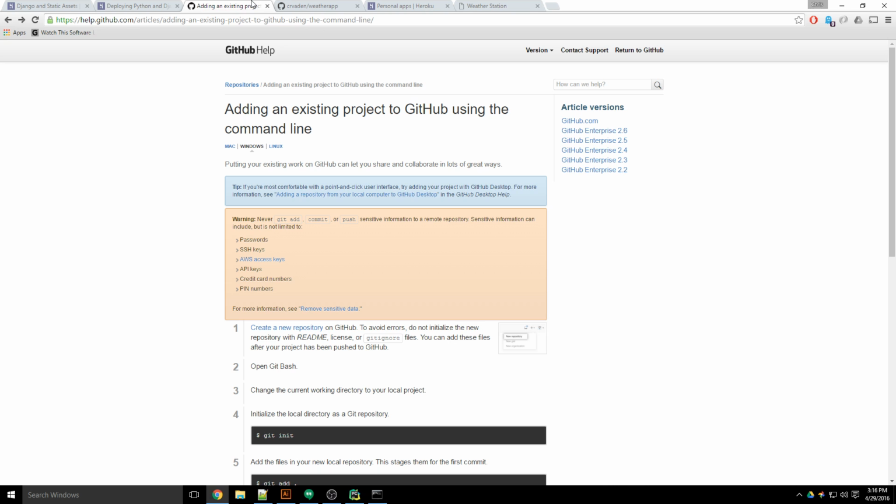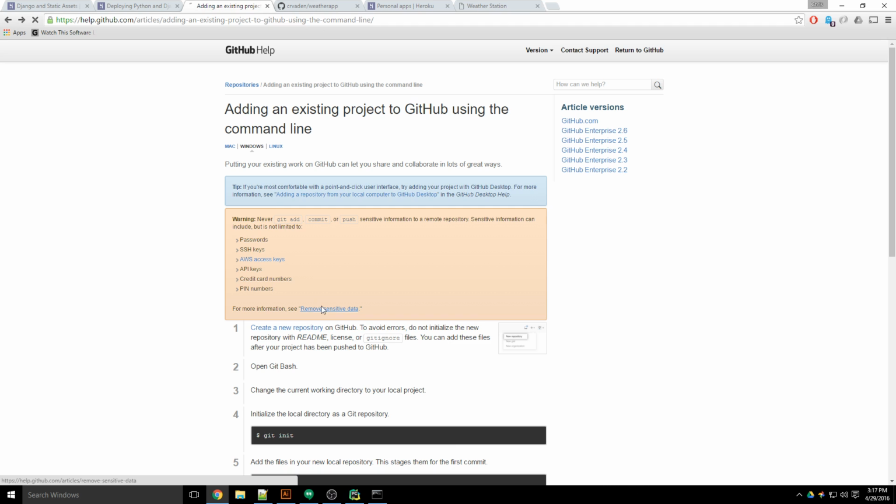So when we follow these instructions to get our existing project onto GitHub, there is a warning that says do not publish passwords, API keys, all the stuff that we're about to do. So if you are doing this as a test, no big deal. So mine, I'm not worried about it. I'm going to push all that up. I'm not really worried about excluding anything because it's just for demonstration, and I'll have removed that from GitHub before you see this video. So I'm not worried about anybody finding it,